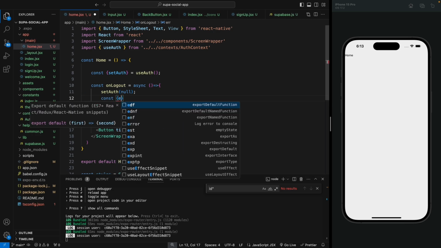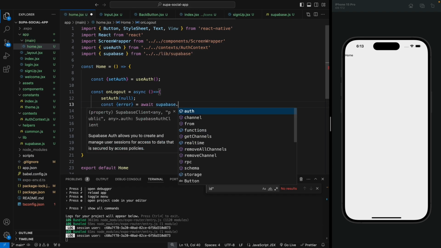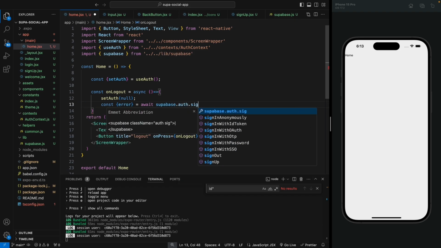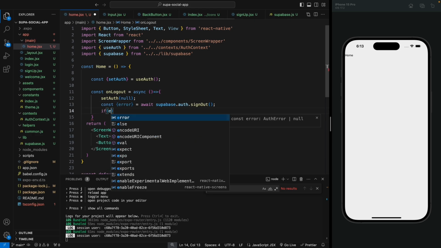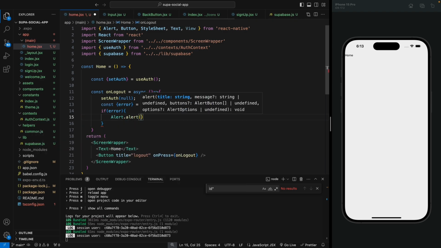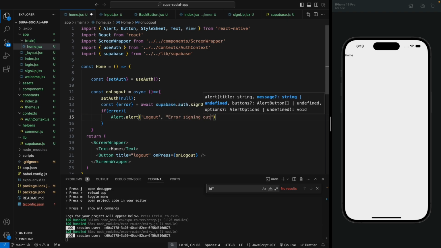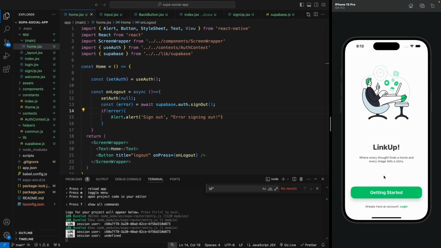So this will give us an error if there is any. So let's await the supabase.auth.signOut function. And if we got any error, we will just alert the user that we got an error signing out. So this will say logout and error signing out. Let's change this to sign out, and I save this. Now if I press on this button, we should go to the welcome page,